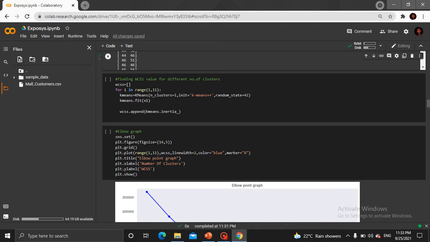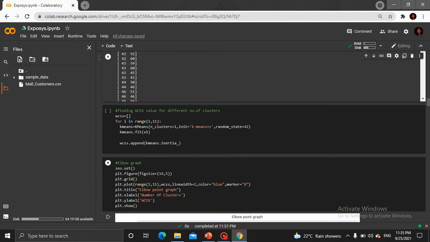So in the next step we will find the number of clusters which are useful to us. So we use the clusters for making the process continue. We use the WCSS value for a different number of clusters. WCSS stands for within-cluster sum of squares. For finding the WCSS value I have used the range of 1 to 10, and we are using the k-means algorithm, so I am using the k-means function for this also. So let us just run this.